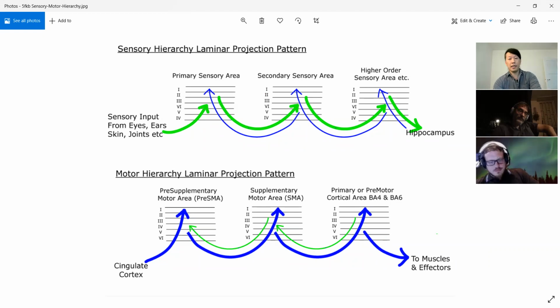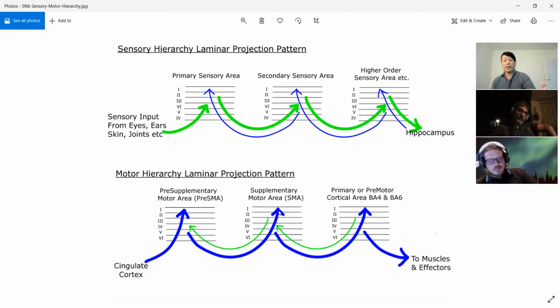In the back part of your brain, you have primary sensory areas, like we showed earlier. The primary visual cortex will project to the secondary visual cortex, and then to the tertiary visual cortex. And the same with the motor areas. At the bottom of the hierarchy, you have primary motor areas or premotor areas, and these send signals to your muscles, literally moving your muscles about, kind of muscle complexes. Then higher up the hierarchy, you have what's called a supplementary motor area and a